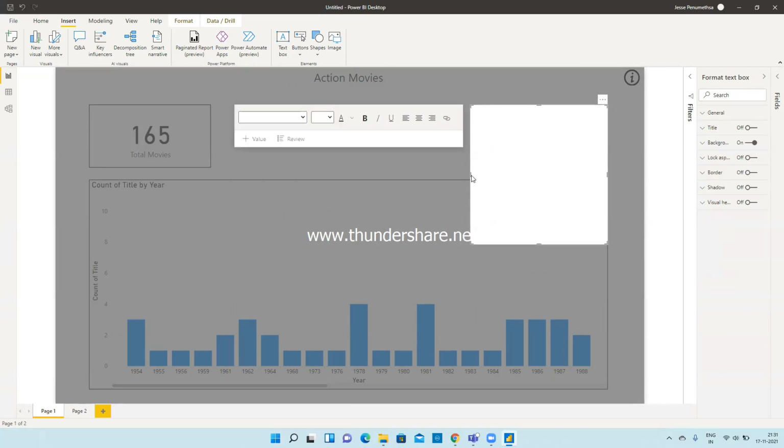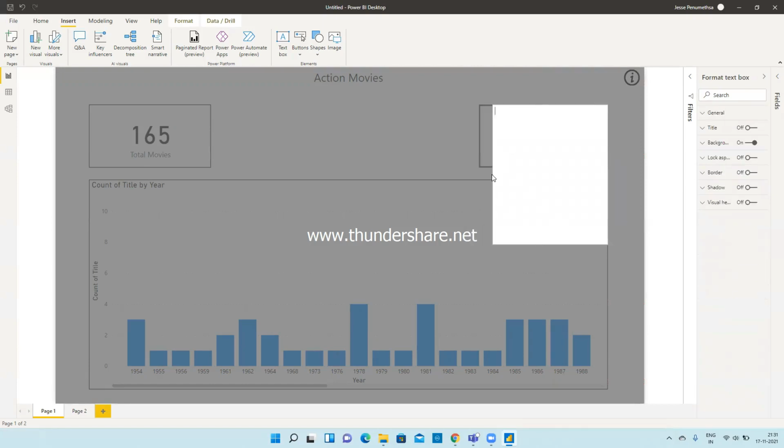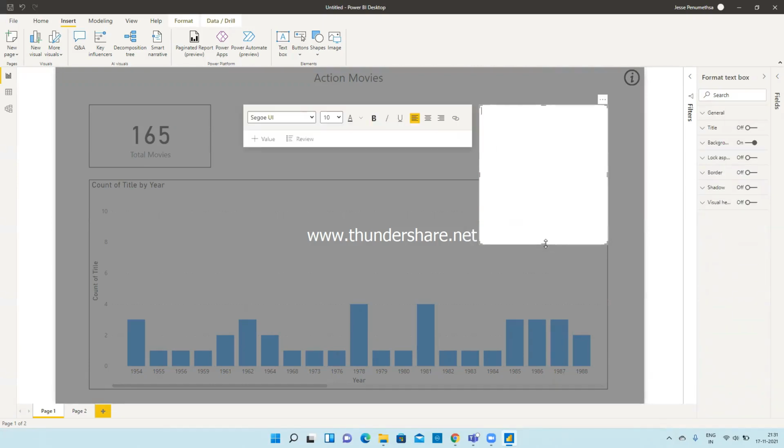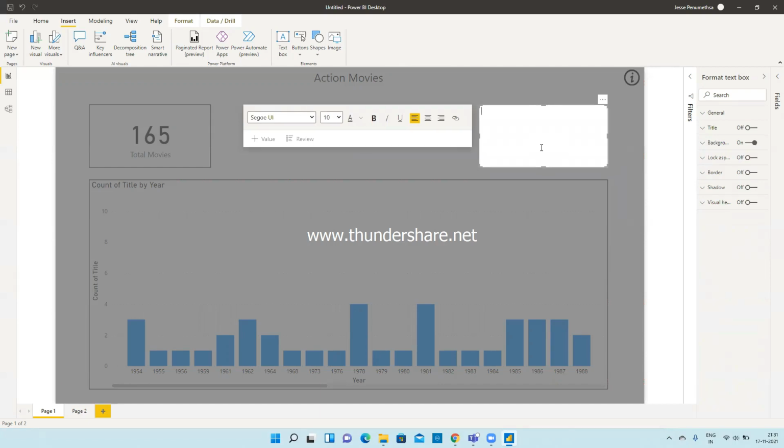Okay, I will place this text box on top of it. Okay, let me adjust it. Okay, now I will write some definition, like how we write a tooltip. Okay, in this place you can only see either action movies or comedy movies buttons